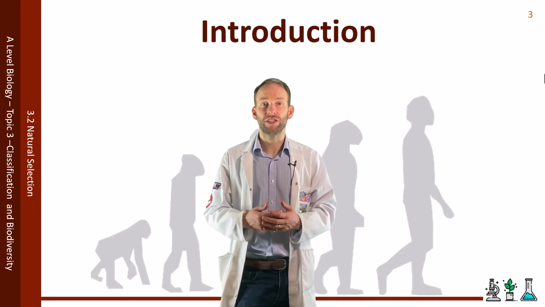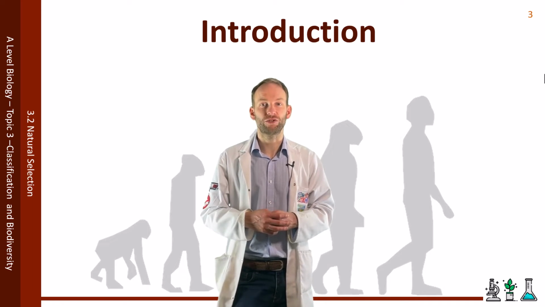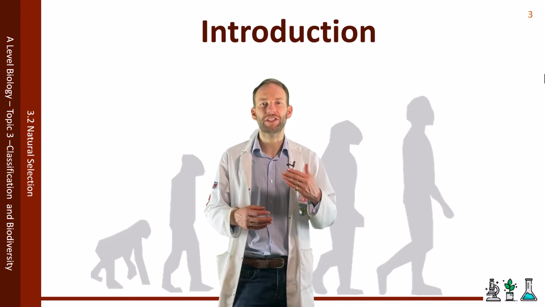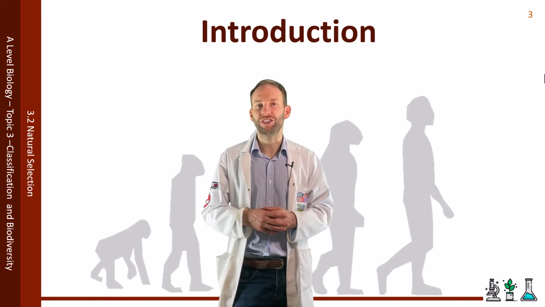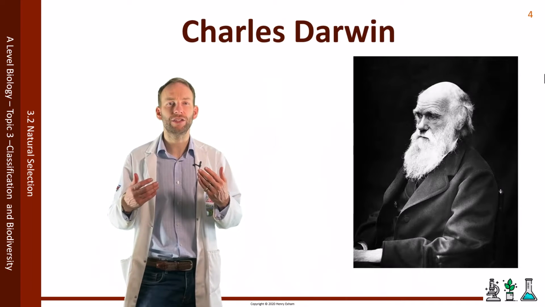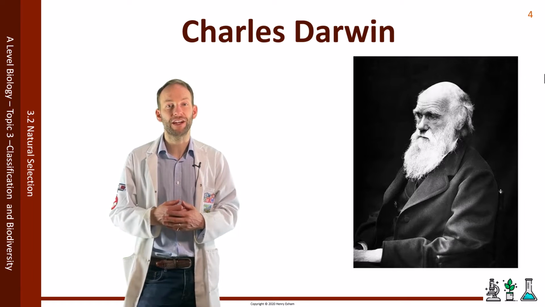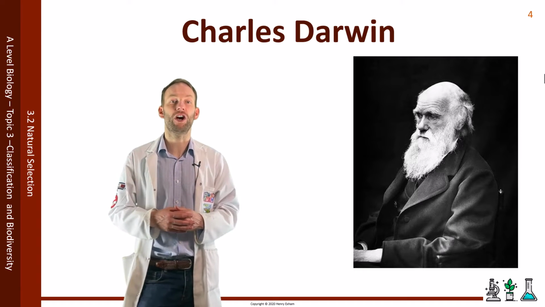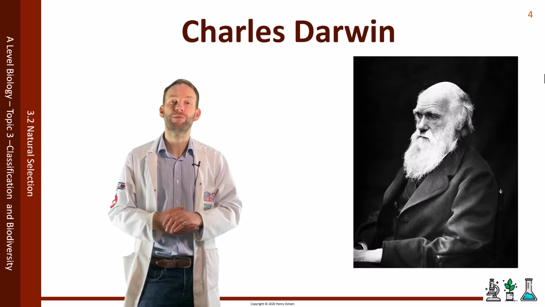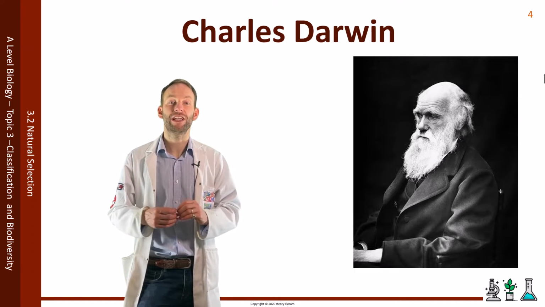So in this section, we're going to learn about Darwin's theory of evolution and how it occurs by natural selection. We'll also see how this has been added to by modern genetics and further research. Now, the idea of evolution by natural selection was put forward in 1859 by a man called Charles Darwin. He published a very famous book called On the Origin of Species by Means of Natural Selection, and it changed